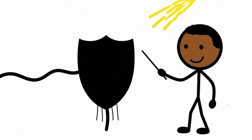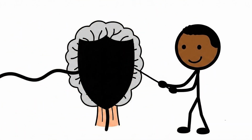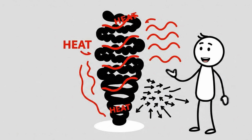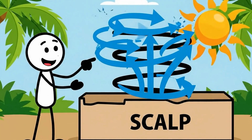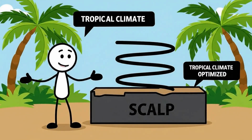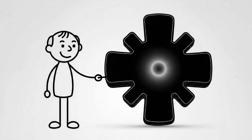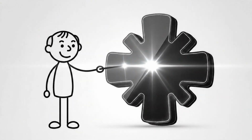Melanin in black hair acts as a natural UV filter, preventing damage to hair keratin and the scalp beneath. Its density also enhances heat dissipation. Coiled or tightly curled black hair allows air to circulate near the scalp while shading it from the sun, a structure perfectly suited to tropical climates. Jet black hair is thicker and rounder in cross-section than lighter types, which contributes to its strength, gloss, and resistance